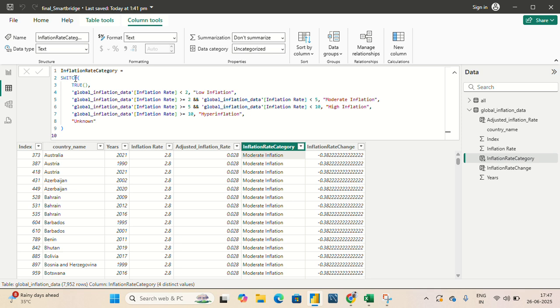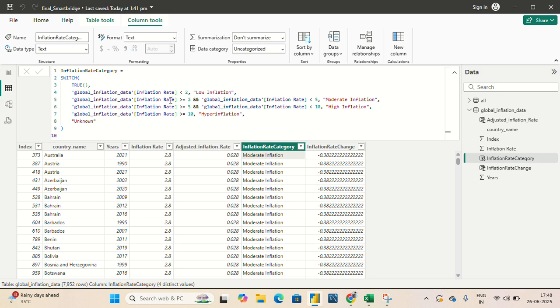SWITCH TRUE works if we give some conditions. What conditions do I give? If the inflation rate is less than 2, then it is considered low inflation. Again, I add some more conditions. If the inflation rate is greater than 2 and the inflation rate is less than 5, we consider it a